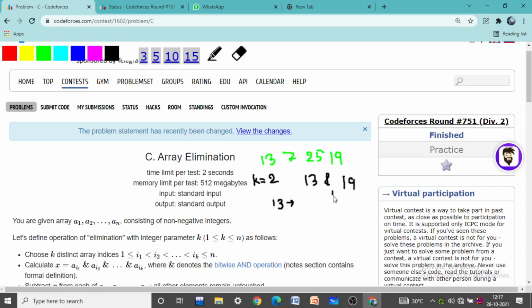Before that, let me write this: 1, 2, 4, 8, 16. 13 is 0 1 1 0 1, and 19 will be similarly written.